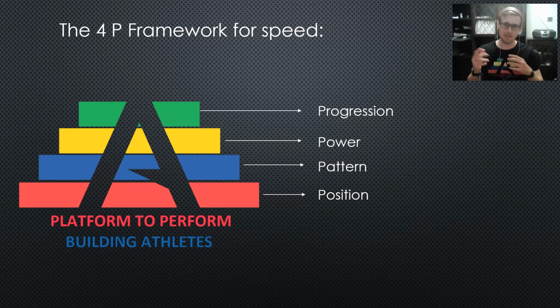Because if we develop a load of power, and let's say, for example, you've got a car that can go from 0 to 60 in half a second, then it's not very useful if you give it to somebody who doesn't know how to steer it. That's the analogy I would use if you're concerning yourself with strength and power, but actually you've got athletes who aren't very well coordinated. So once we get into the power stuff, we're starting to look at jumps, we're starting to look at hops, we're starting to look at maybe even some light sled work or even acceleration work.